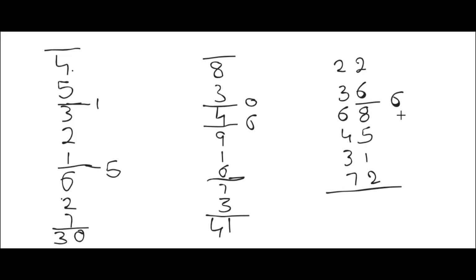Here we got more than 10. So again mark it, and how much more did we get? 2. So that should be written and this 2 should be added to the next number. 2 plus 2 equals 4. 4 should be written in the units place. And here is the trick. How many lines do we have? 2. And these 2 should be carried forward to the tens digit. So we need to write it here.